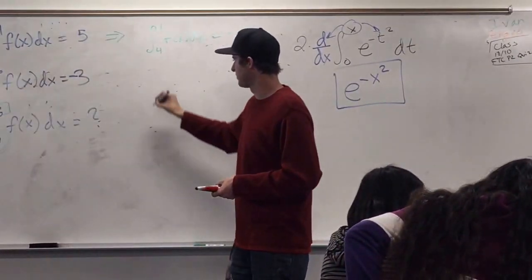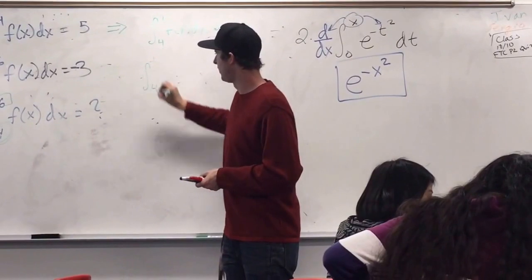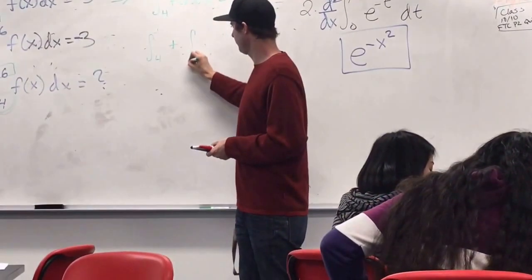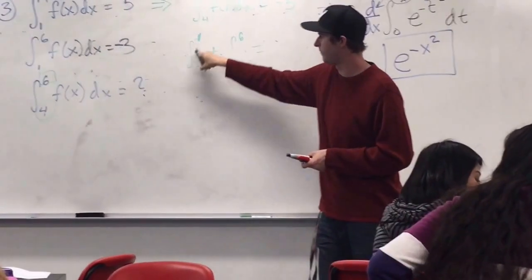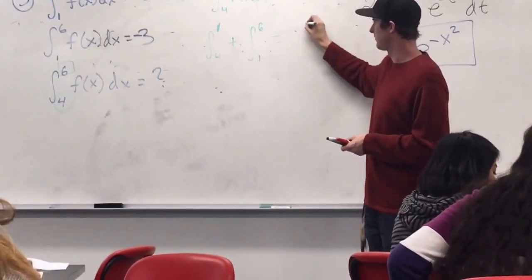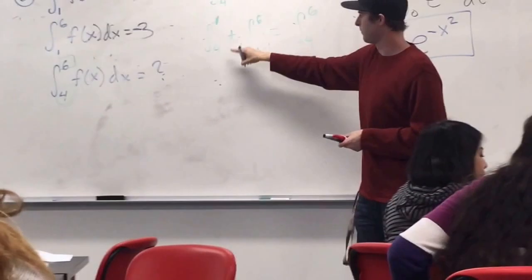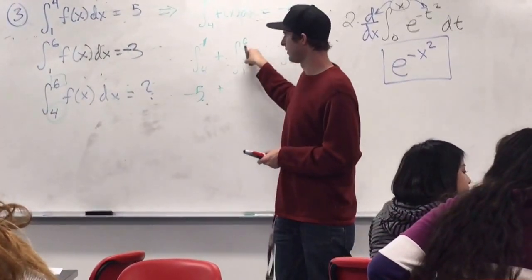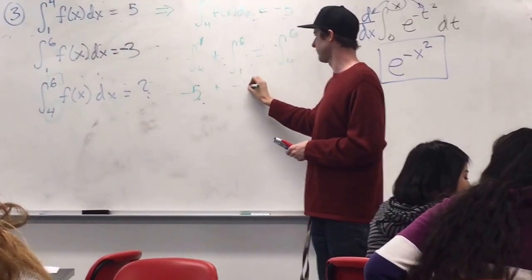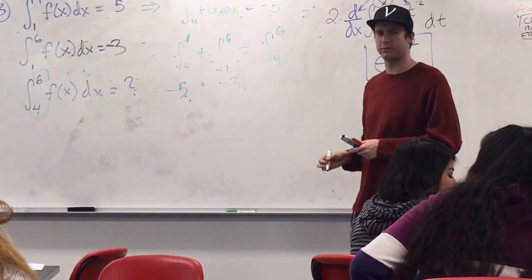So now I can say, if I go from 4 to 1 plus from 1 to 6, that's going to get me from 4 to 6. So from 4 to 1 was negative 5, plus from 1 to 6 was negative 3. Negative 5 plus negative 3 is